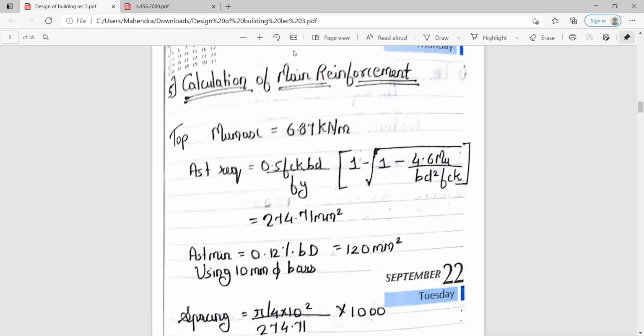For AST, you have the formula: 0.5 FCK into B into D by Fy, into 1 minus under root of 1 minus 4.6 Mu upon B D square FCK. Here you have the value of FCK as 20, as the grade of this concrete is given as 20.